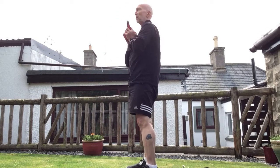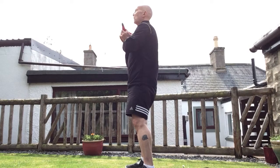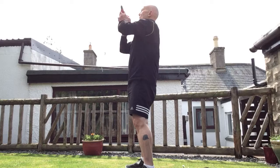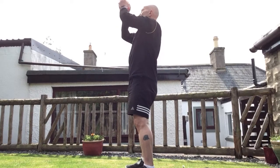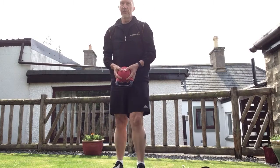From here, just making sure that the kettlebell is clear of your face, from below your chin to above your forehead. So it's not all the way up, although if you want to do that you can, but I'm just looking for that range of movement there, below the chin to above the forehead. So that's our